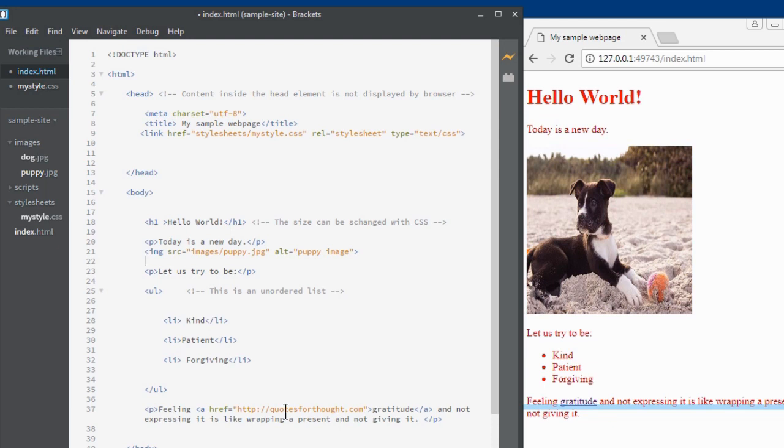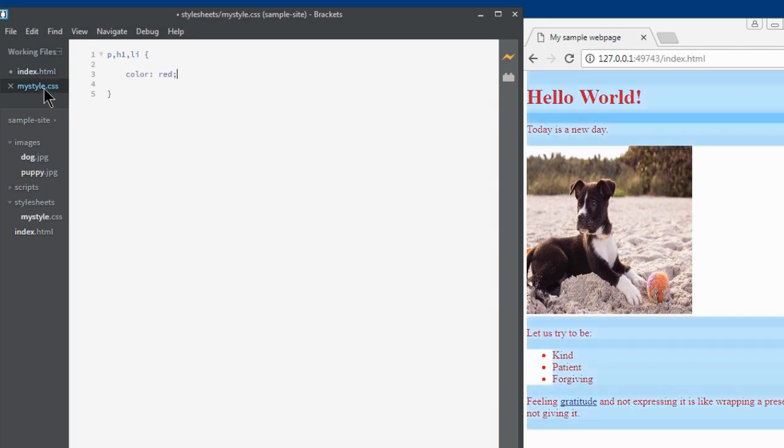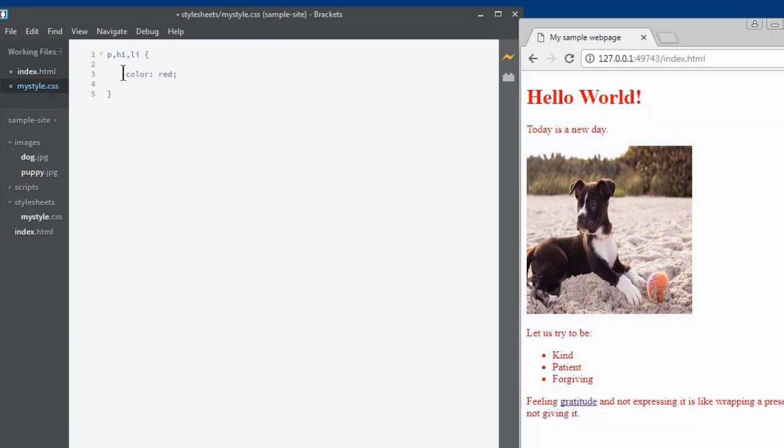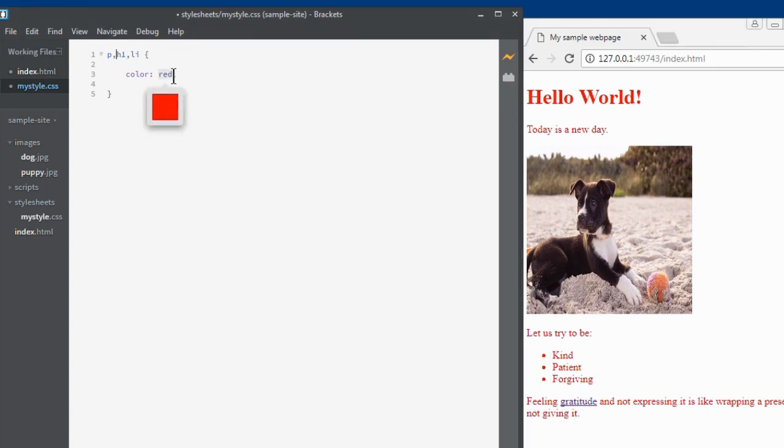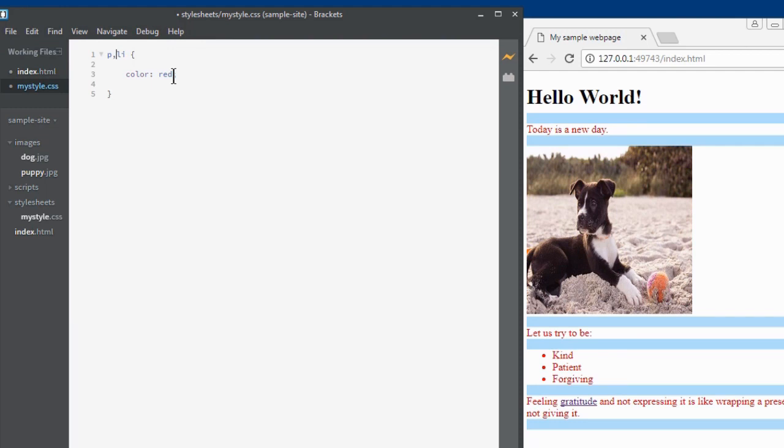So let me head over to my CSS. I just click on the CSS file here, and this is where I can make the changes. So the first thing I want to do here is get rid of the H1 item, because I want to give that a different style. I will just leave the paragraph and the list item, and I'm going to change some properties. I'm going to change the font size,